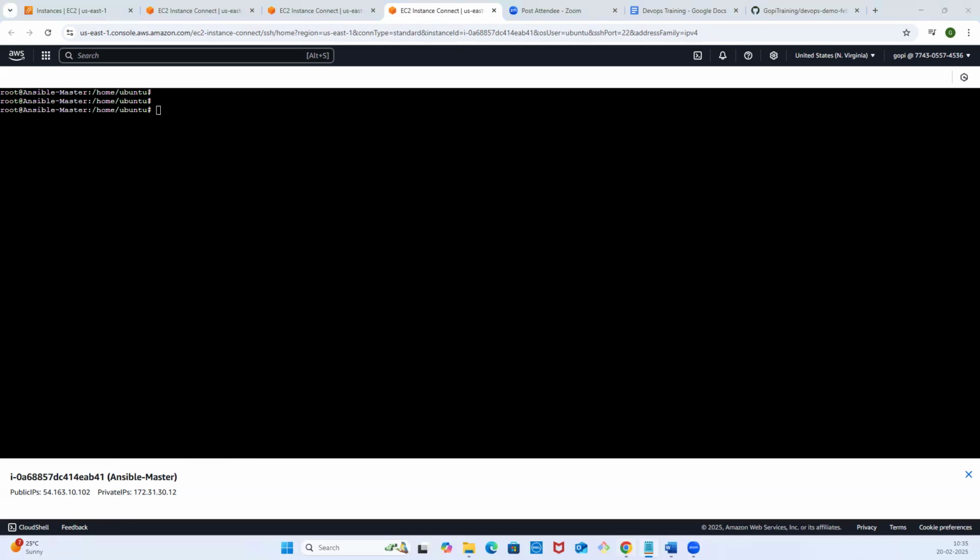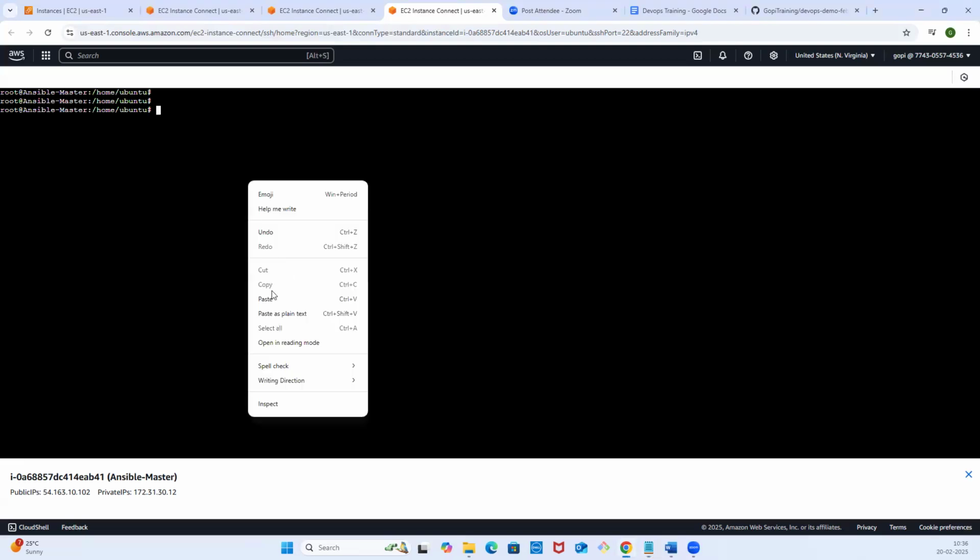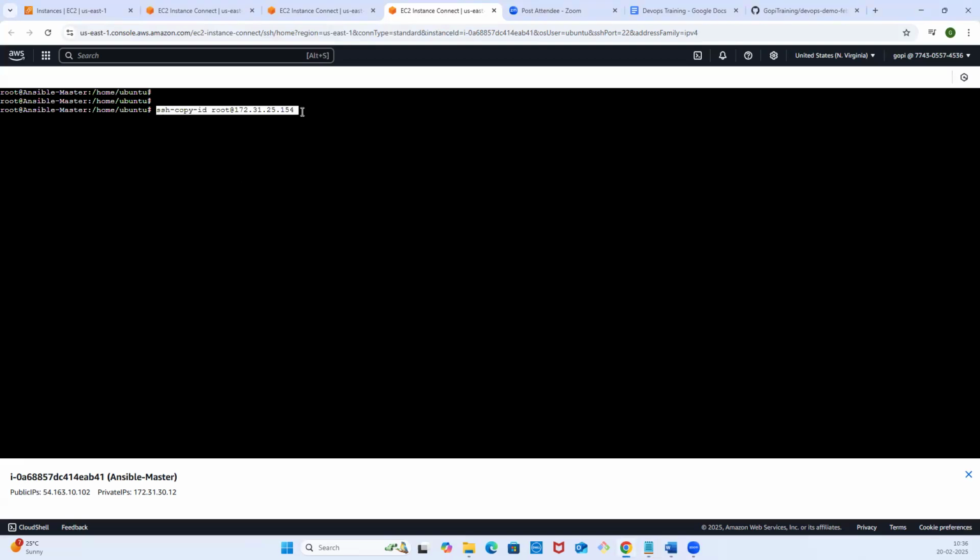Whatever SSH key we have created, we need to push to the nodes. That is how passwordless login is going to work. So this is the command, ssh-copy-id root@